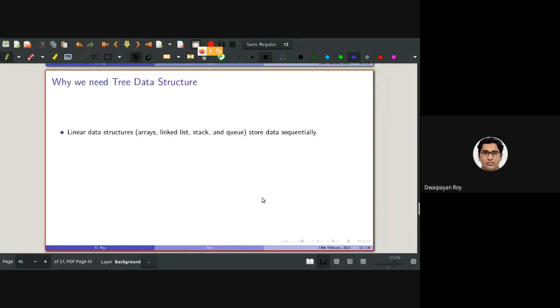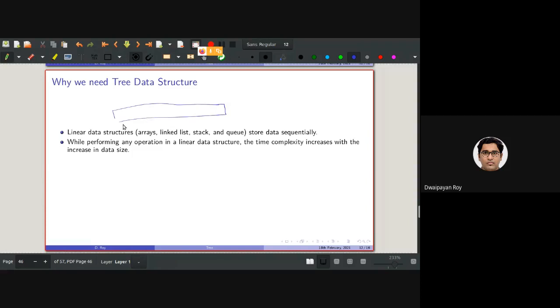Of course, you will be asking why we should be using nonlinear data structures. Why we should be using tree data structures? The reason is that in linear data structures, all the data are stored sequentially. But while performing any operation on a linear data structure, maybe array, linked list, stack, or queue, it would take a much larger time if the number of elements is significant.